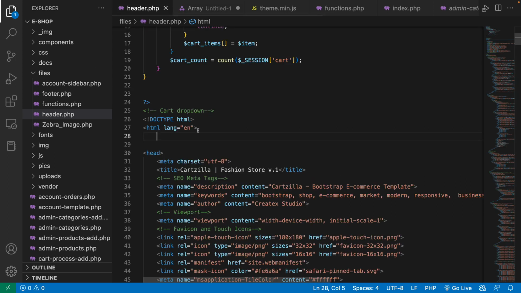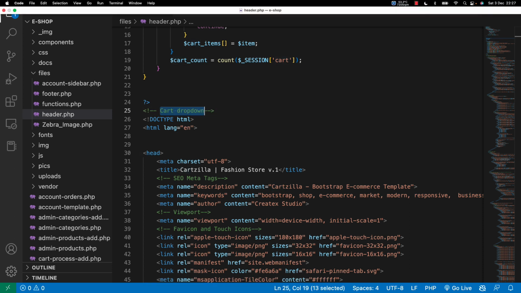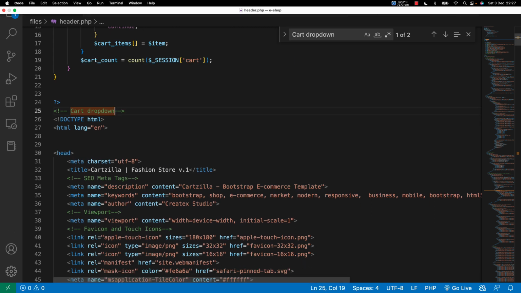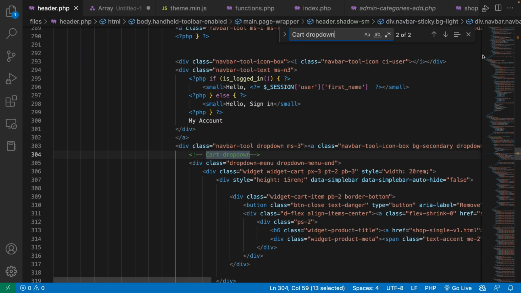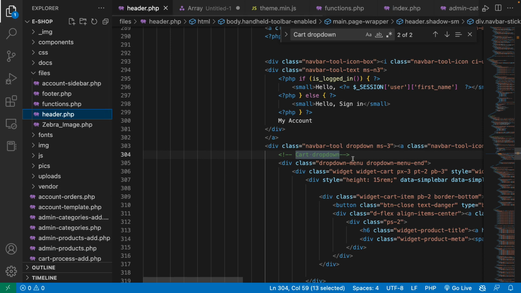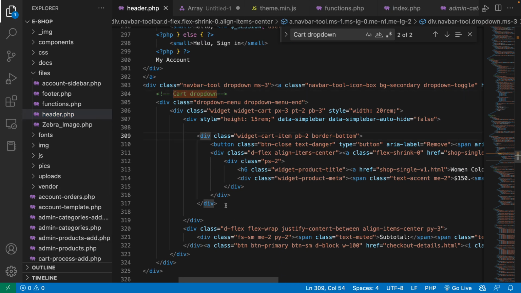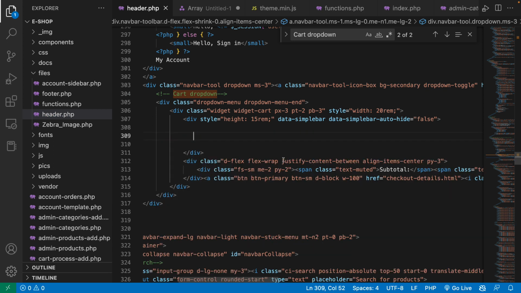So after doing that, let's go ahead now and search for our cat drop down, where it is. So I'll search cat drop down, Ctrl F, cat drop down, it is here. Okay, cat drop down is here. So this is our item that we're going to loop. Okay, so let's go ahead and put